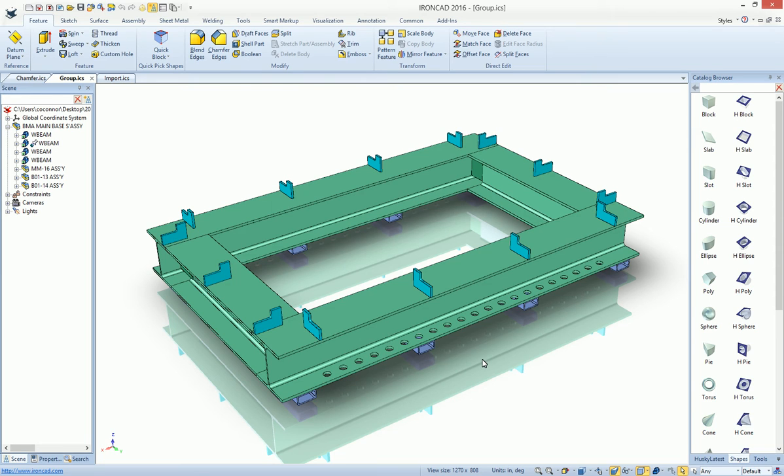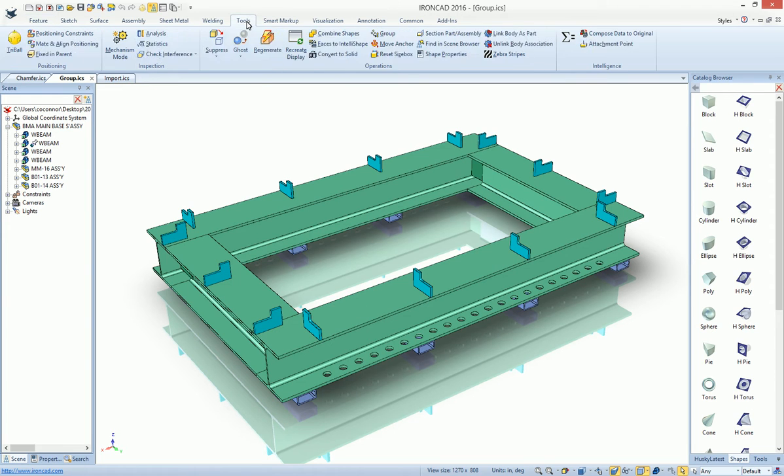Hello everyone, this is a video on some of the general improvements that were made for the IronCAD 2016 Product Update. One of the key things that we made is an enhancement to an old functionality that we had, which